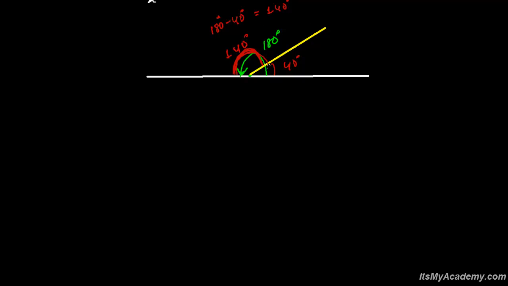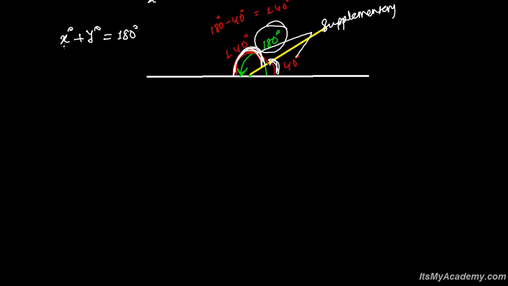So again, same as complementary angles, whenever the sum of two angles is 180 degrees, such two angles are known as supplementary angles. In supplementary angles, you just have to remember: two angles whose sum is 180 degrees. Suppose x degrees and y degrees together are 180 degrees, then x and y are called supplementary angles. In another way, suppose this is your straight line and this is your angle, say 30 degrees.